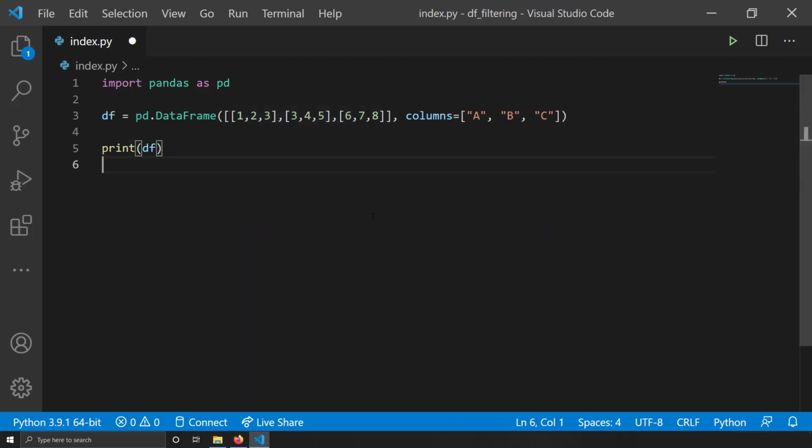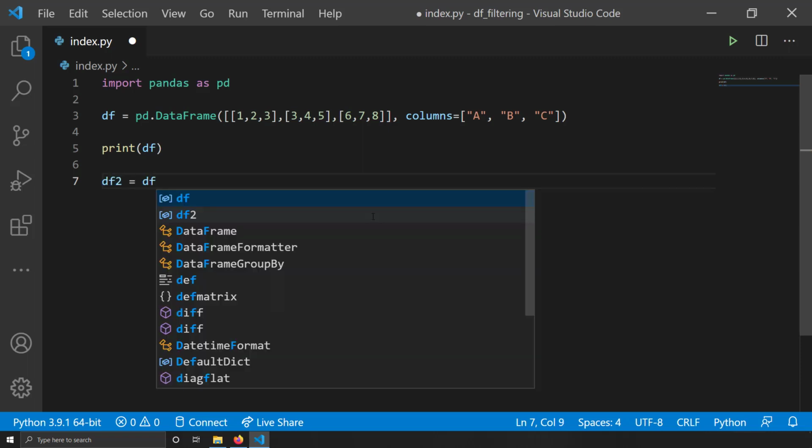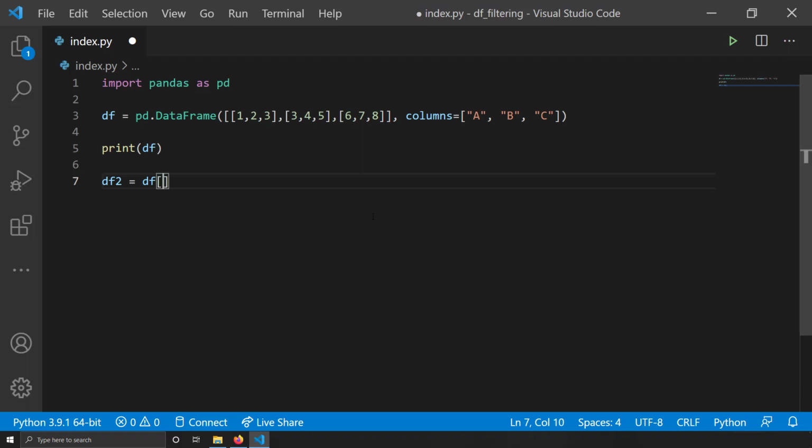So now let's go to filtering. I'll write df2. I'll create a new data frame from df, and inside square brackets I'm going to mention my conditional statement. Suppose I want to filter the rows where column A has values less than 5. So I write df['A'] < 5. What this means is that I am filtering the data frame df, and I'm telling the conditional statement that the column A of df should be less than 5. Now pandas will filter the rows from this data frame where this condition is satisfied. If this condition is not satisfied, the row will not be included.